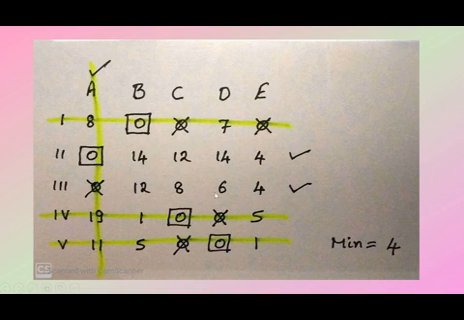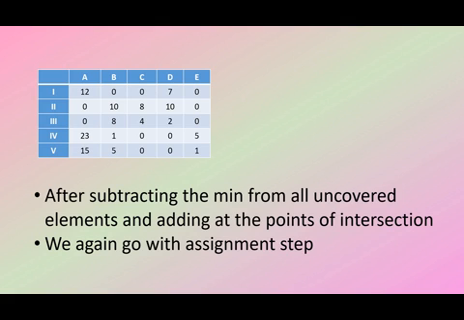Out of the uncovered elements, 14, 12, 14, 4, 12, 8, 6, 4, which is the minimum? 4 is the minimum, right? Minimum element is 4. Subtract that 4 from all the uncovered elements, and at the points of intersection at 8, at 19, at 11, add this 4. So the resultant will be